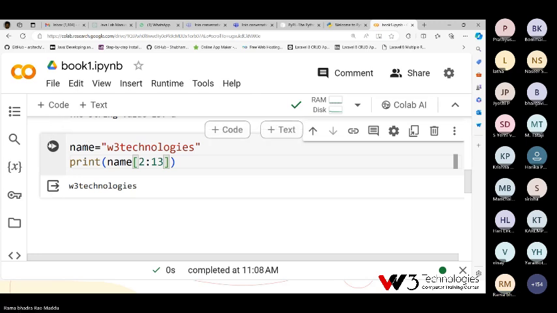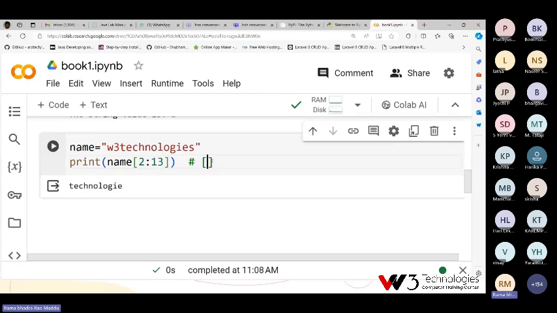I will check. So I want to print 2 to 13. The start position is correctly taken. But the end position is not taken because in Python actually hash is a comment. It is ignored in the execution. Okay.